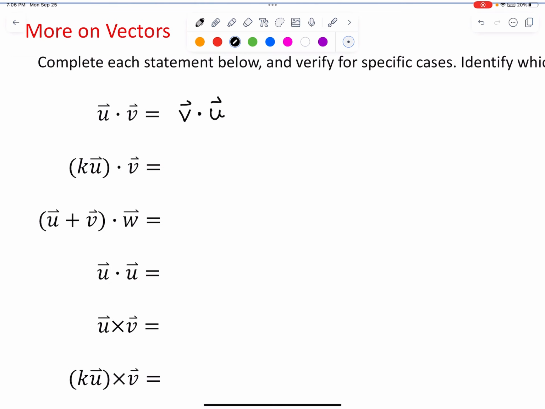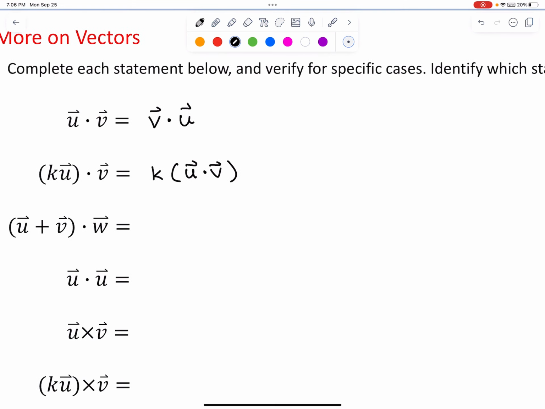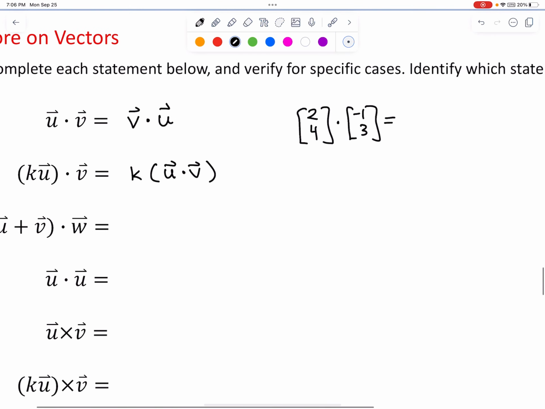The second statement says if you have a scalar times a vector and you dot it with another vector, you can instead factor the scalar out and dot the two vectors first. An example of something like this would be, let's do a 2-dimensional case. Let's say we had the vector 2, 4, and I'm going to dot it with the vector negative 1, 3. Well, the first vector, we can essentially recognize it as twice the vector 1, 2. So I can factor out a 2 of that first vector, and then do the dot product of these two